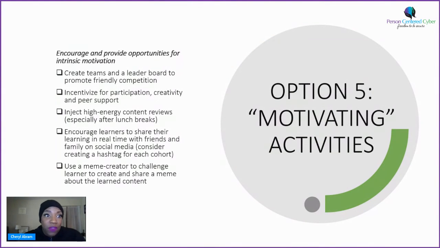Option 5, motivating activities. Now, these can be put in like everywhere, okay? So you encourage and provide opportunities for intrinsic motivation. The more you can get a person to want to do what's being done, the less work you have to do, okay? We talked about a leaderboard. For this one,